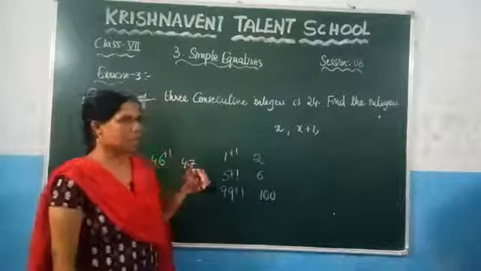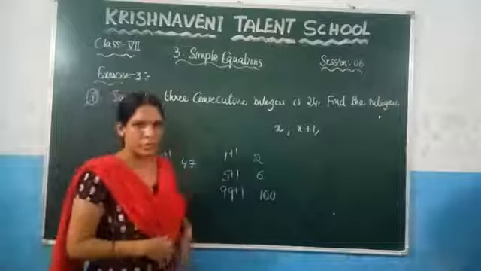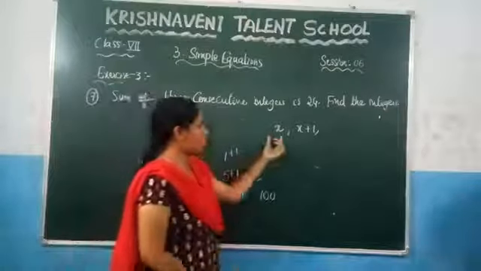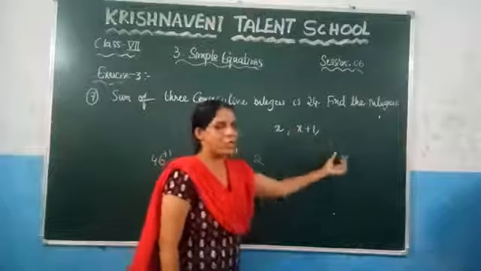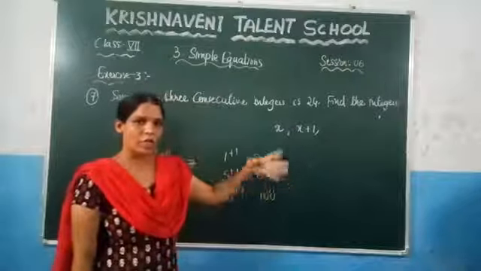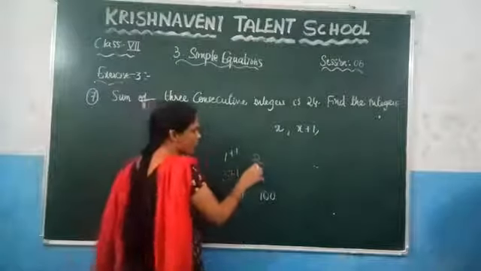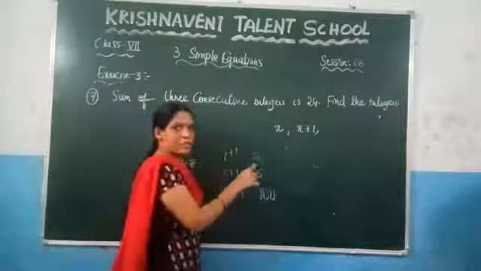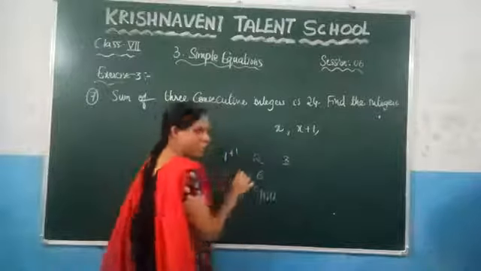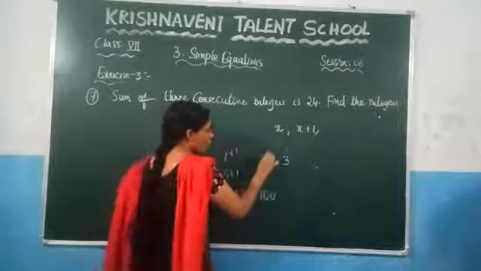Since they are asking for the sum of three consecutive numbers, we have this one number and this other number. You need to write one more number. If you want to write one more number, what do we need to do? Let us consider examples. What is the consecutive number of 2? Which is 3, the next number. We are adding 2 plus 1.